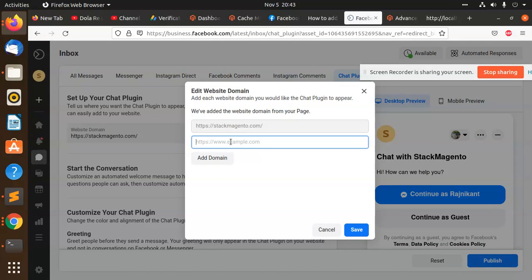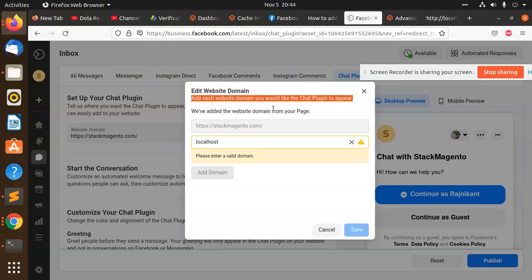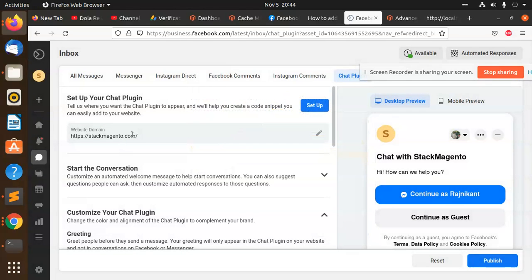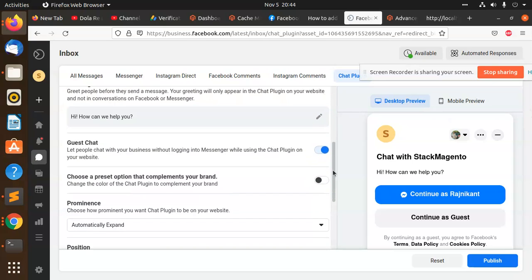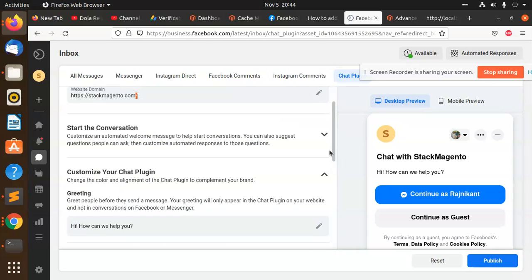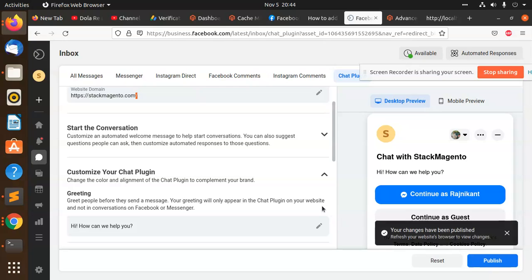If I add http://localhost, does it work or not? It says it must be under a valid domain. I think localhost is not appearing because here it is tied to magento at gmail. So maybe that is the issue. But I have already used this same code.